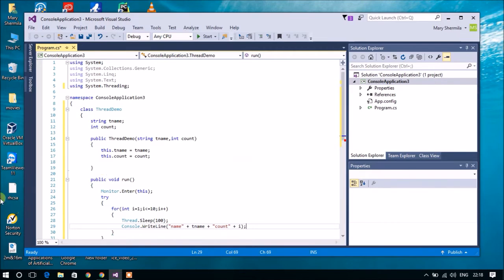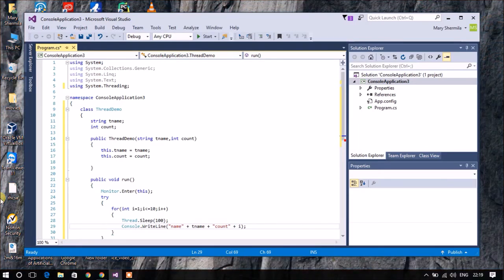So whatever is given inside the quotes will be displayed in my console, and the tname and i are the values which are going to be printed.